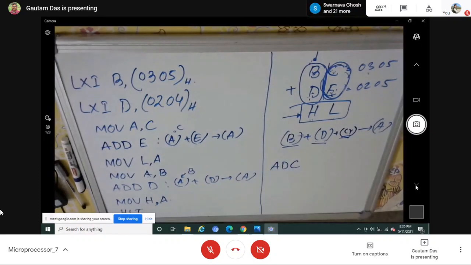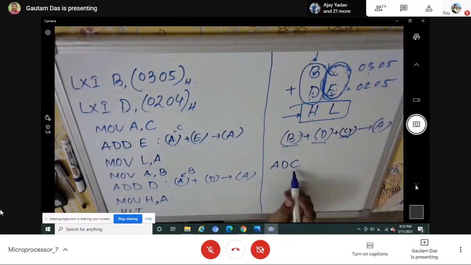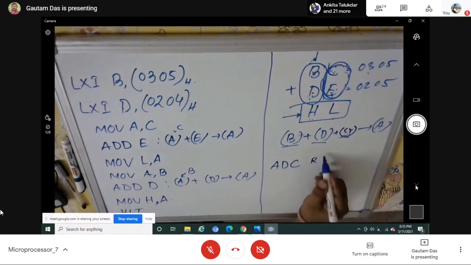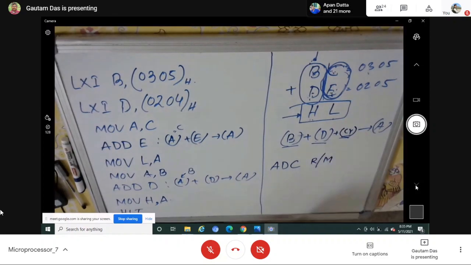The instruction is ADC, like in place of ADD, it is ADC. Its meaning is add with carry, C for carry. What is the operand? The operand will be either a register or memory. Specifically, if I write ADC B, because one operand is there in the accumulator,